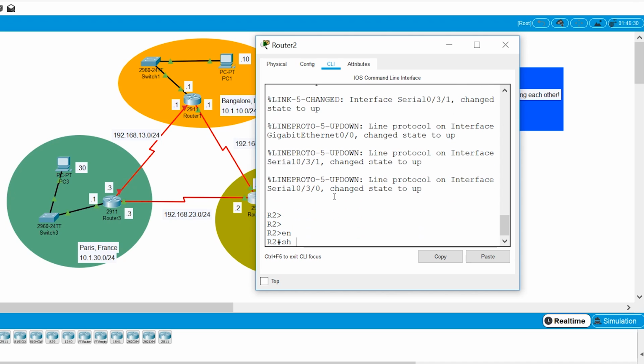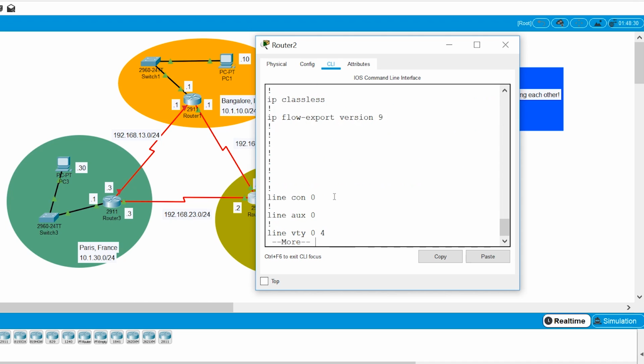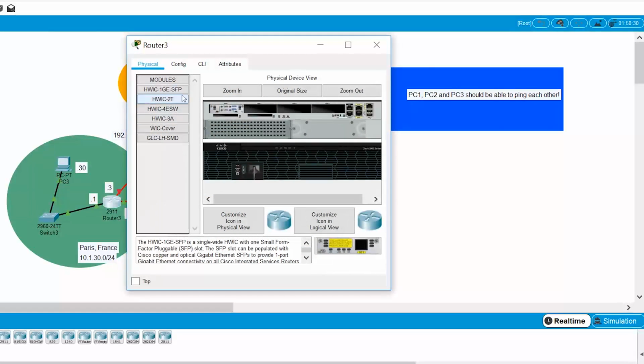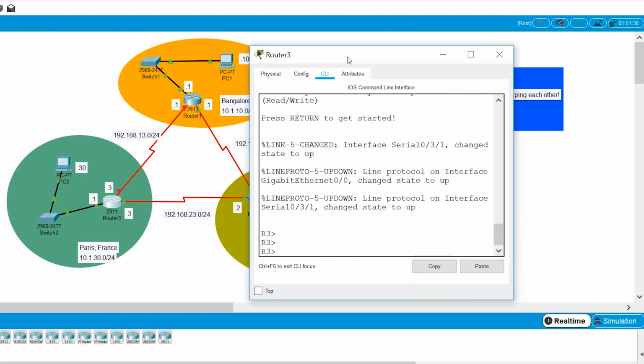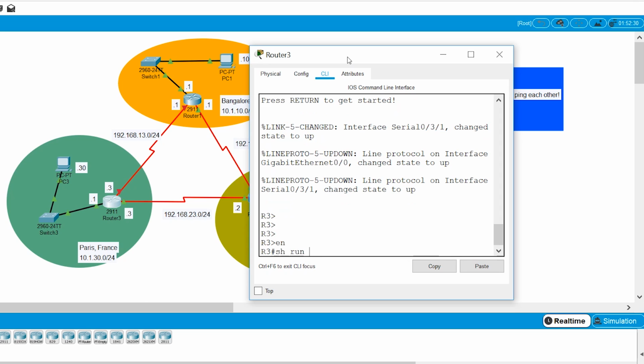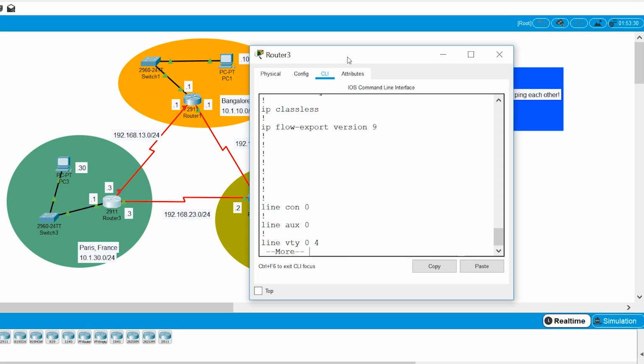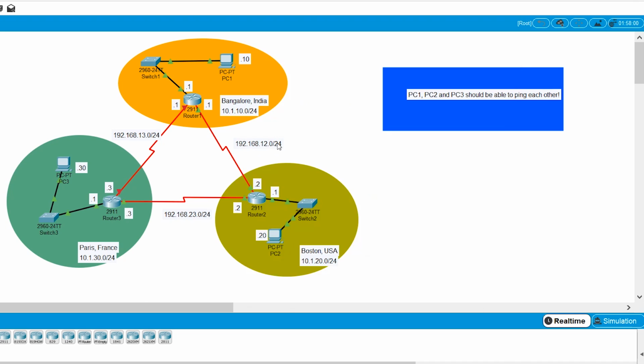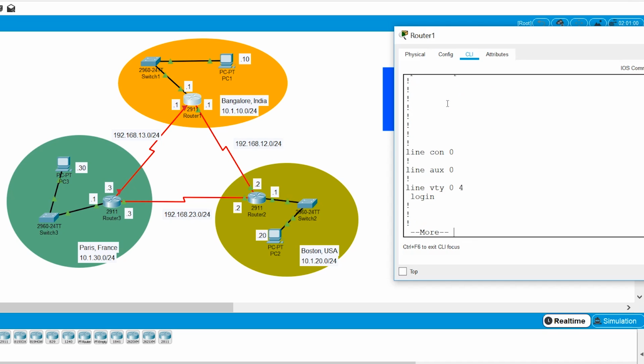So show run begin EIGRP, and we see EIGRP is configured. Let's see here, show run begin EIGRP, and EIGRP is configured, right? Perfect. So EIGRP is configured on all 3, but for some reason it is not creating. Let's also go check the